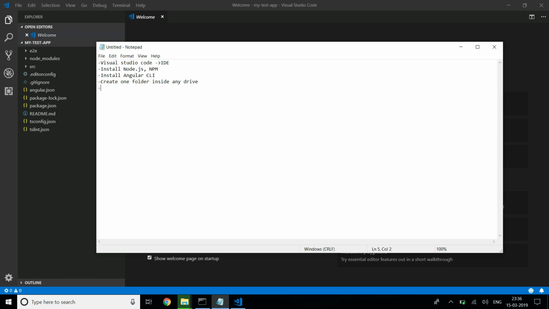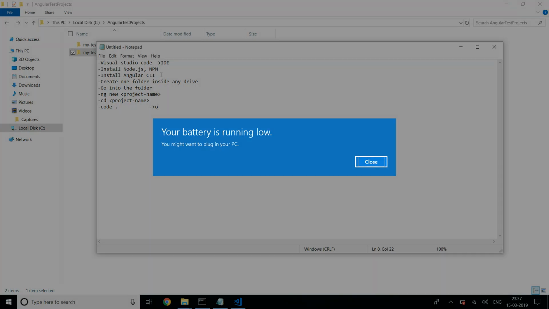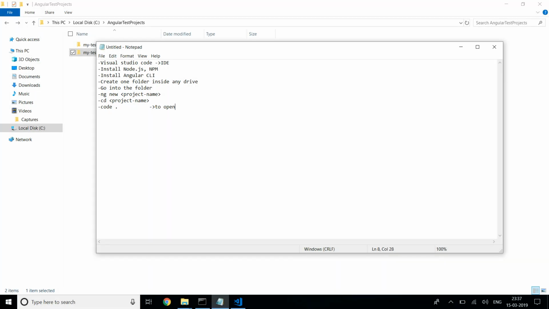Okay, go into the folder, use ng new, give the project name, and once it is done, go to the project folder. Once you go to the project folder, just type code space dot. This is to open the project